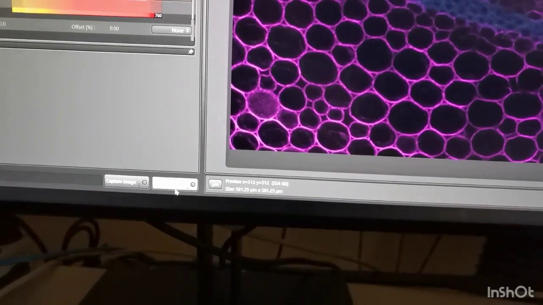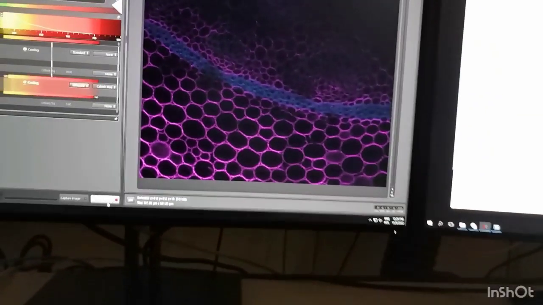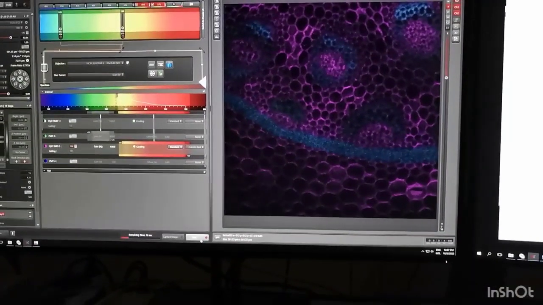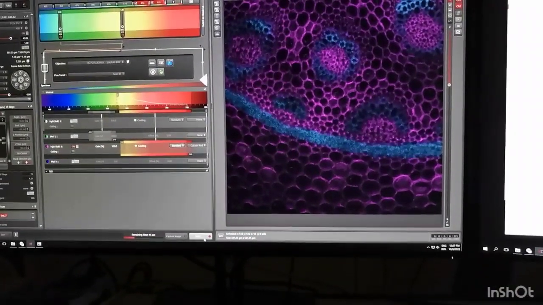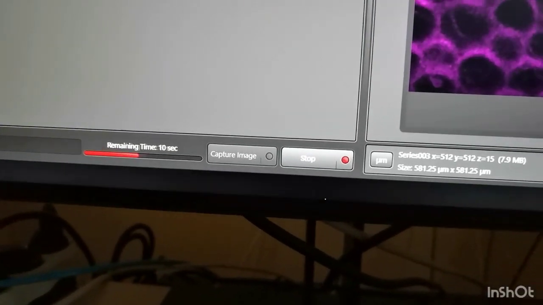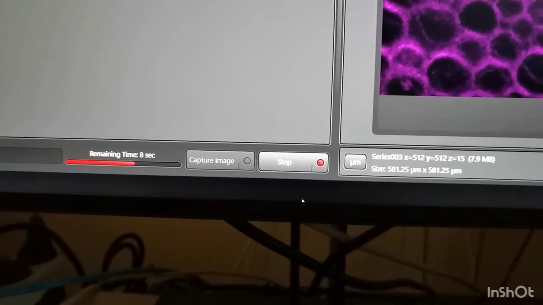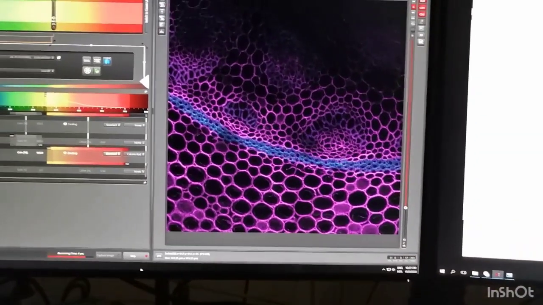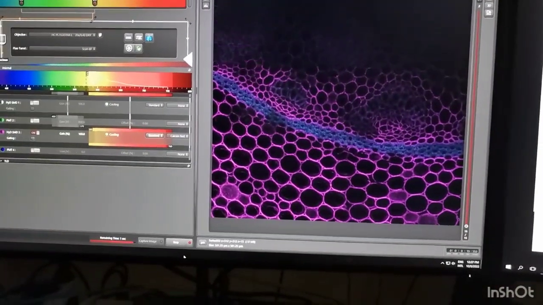And then we do not press capture image because it just takes the image where the stage is at that moment, but we press start. Now it takes 15 separate pictures in the Z dimension,